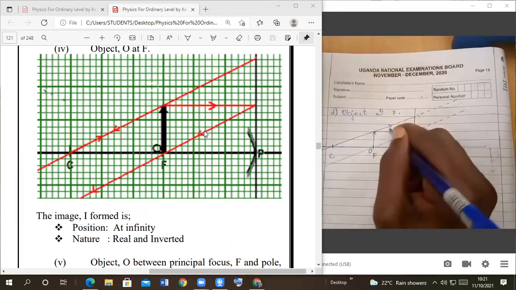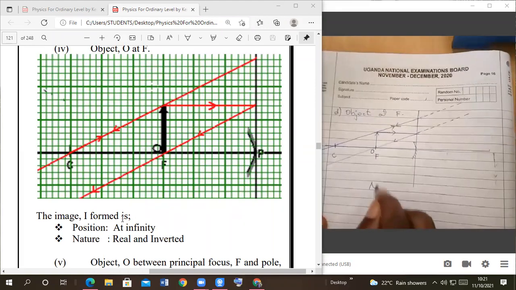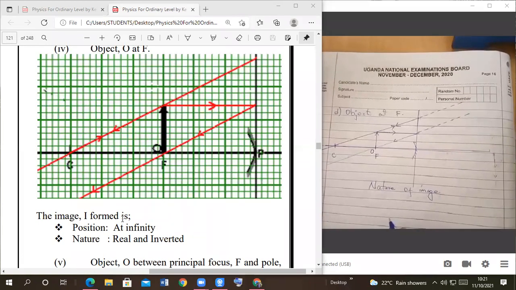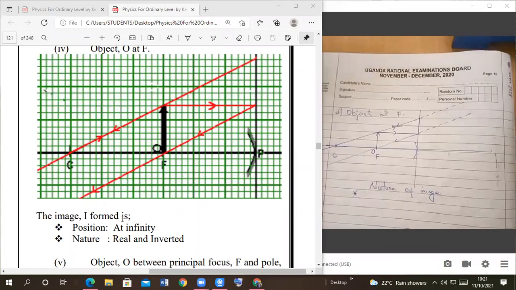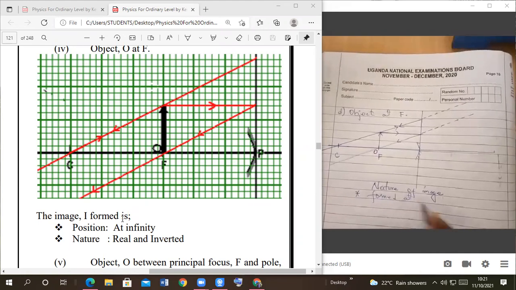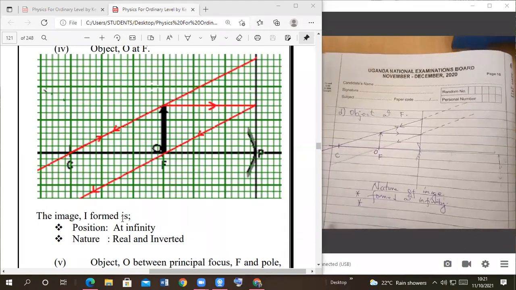So this one should be reflected along the same path. So one, nature of the image: the image is formed at infinity. Then the third one is